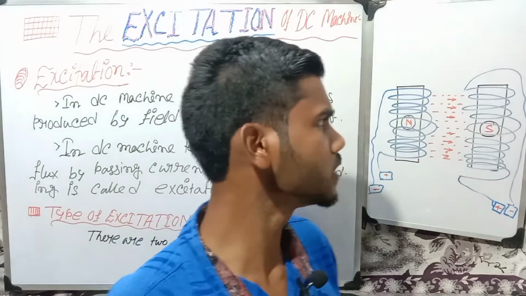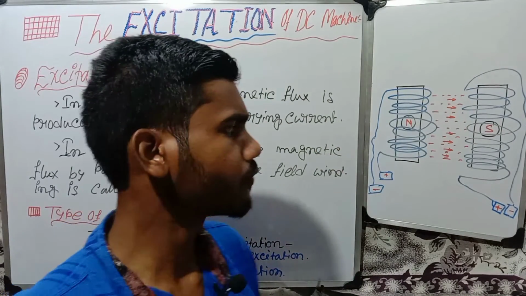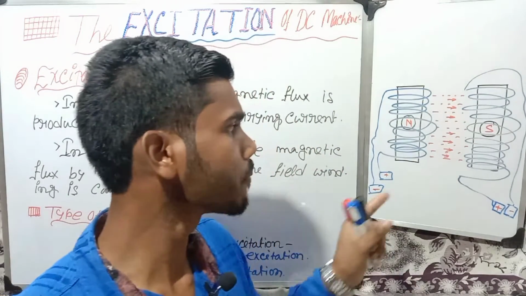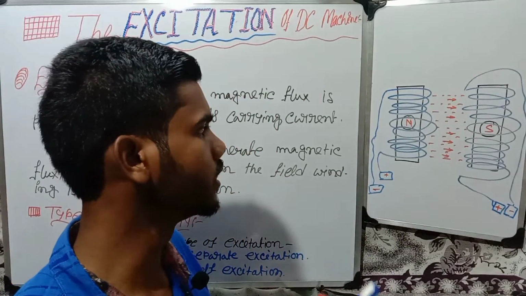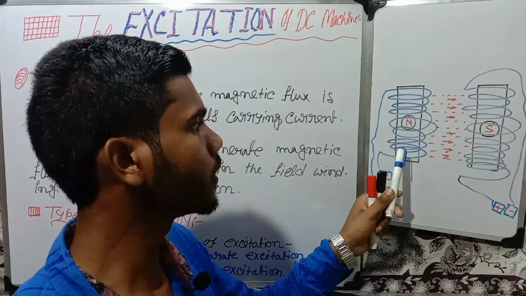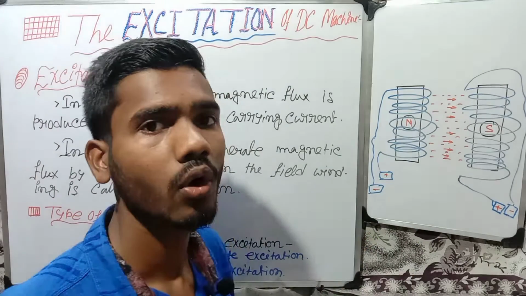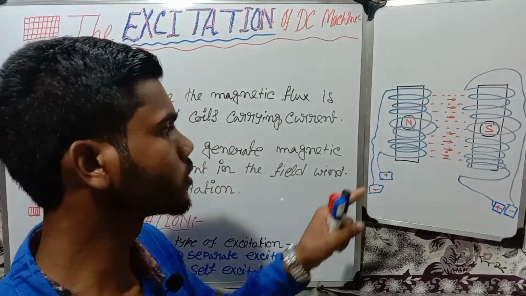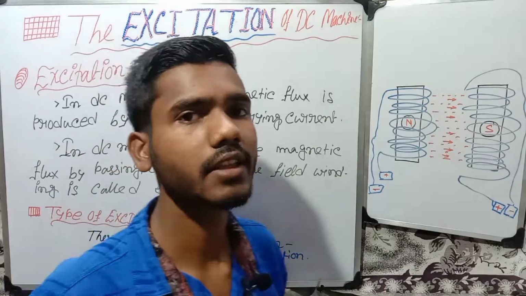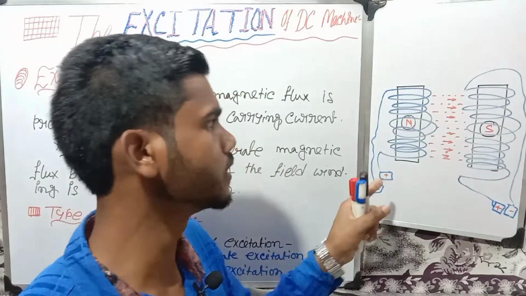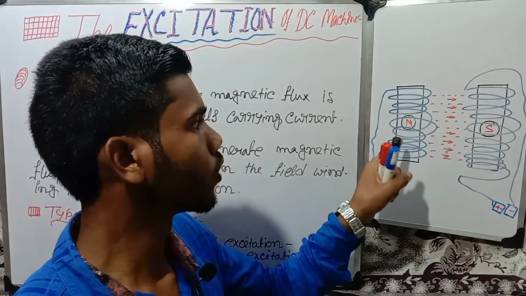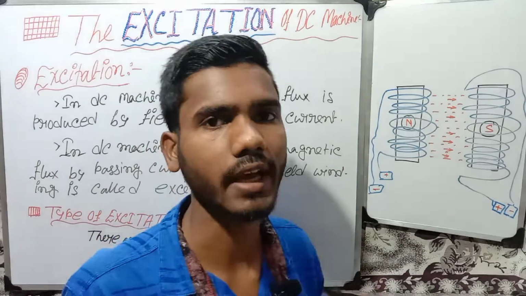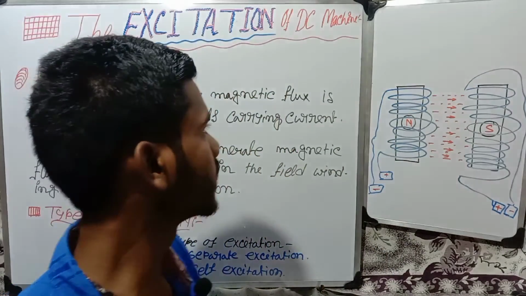In DC machine, if we see the inner part of the DC machine, in the field side we can see this type of coils. When current passes through this coil, then the magnetic flux is created in them and the flux moves from north side to south side, right? So let's see